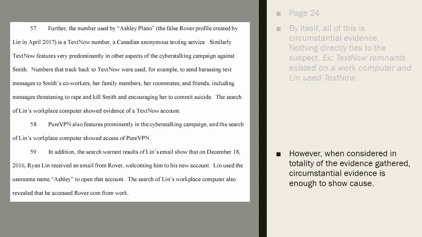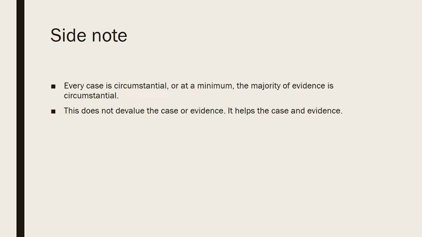So when you put them all together, the circumstantial evidence is more than enough that you need for a case. I mean, almost every case is circumstantial evidence anyway. It's just that when you pile on so much circumstantial evidence, the judge and jury will look at it no other way than saying there's no way that the suspect did not do it based on all this circumstantial evidence. Some direct evidence, but mostly circumstantial is going to be what you're looking for. So don't devalue what circumstantial evidence is for your case, because the more you have, the better it's going to bolster your case.